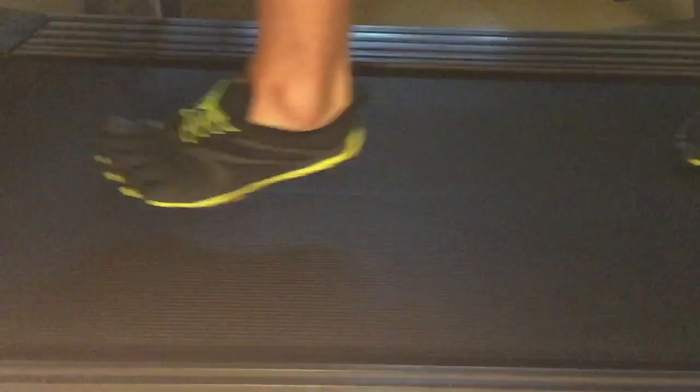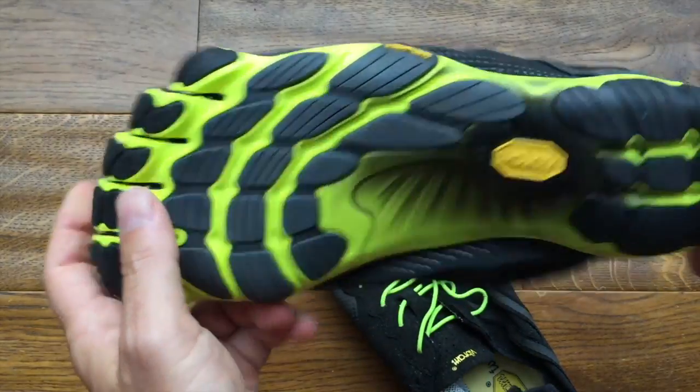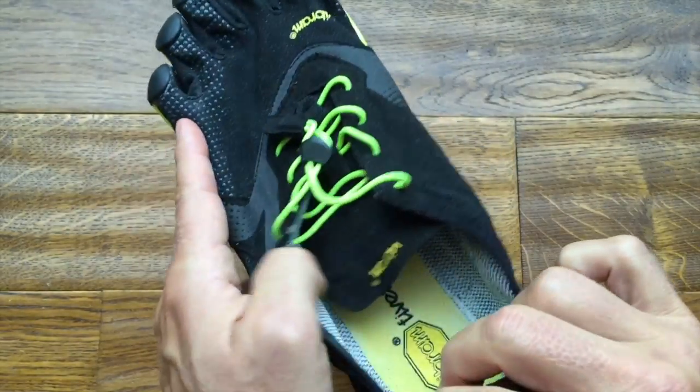I normally run at about 180 beats per minute, and whether I increase or decrease my pace, my running gait in terms of the way my feet hit the ground remains exactly the same in these, which I couldn't do in trainers. In terms of upkeep and looking after them, now if you're going to wear these, one top tip